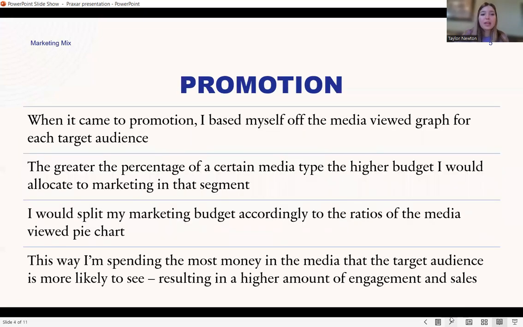And lastly, for promotion, I base myself off of the media viewed graph for each target audience. So the greater percentage of a certain media type, the higher budget I would allocate to marketing in that segment. I would split my marketing budget accordingly to the ratios of the media viewed pie chart. This way, I'm spending the most money in the media that the target audience is most likely to see. For example, if 50% of the media viewed is television, I would put 50% of my marketing budget into TV